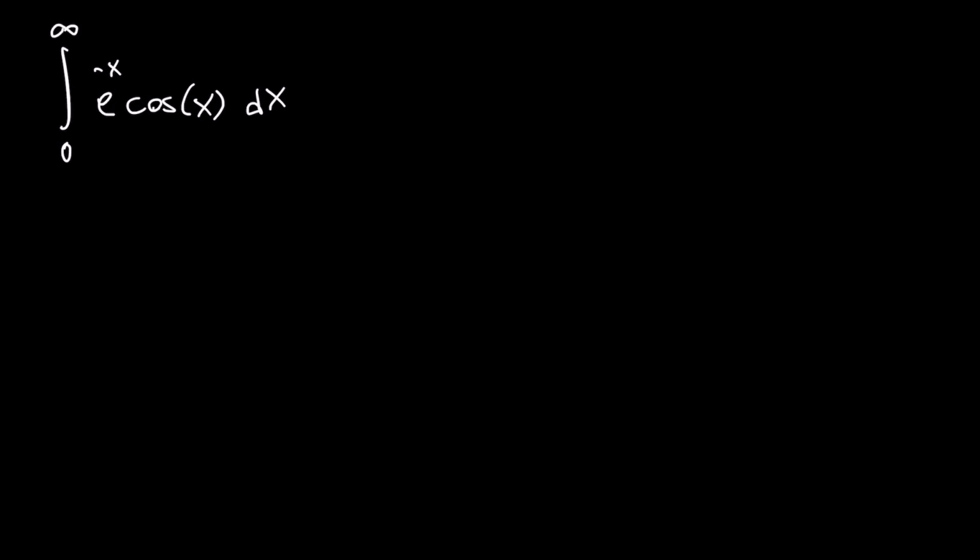Today we'll be doing the integral from 0 to infinity of e to the minus x times the cosine of x dx. And we could recall an identity that the real part of e to the ix is equal to the cosine of x. And implementing that, we have this is equal to the real part of the integral from